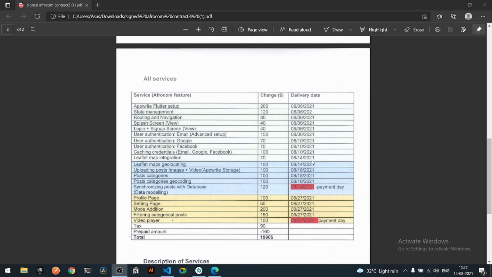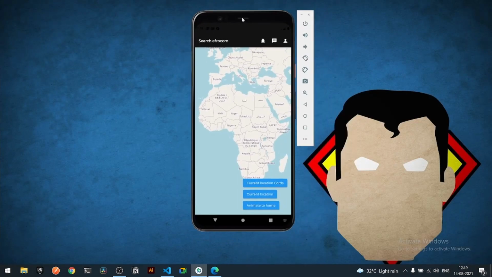So I have done the work. So let me show you the work that I have done so far. Okay, so here you can see I have got the Leaflet integration done. For the Leaflet integration, I have used the MVP pattern, that is model, view and controller, and also I have got some additional files under my build.gradle file. These things will be making the integration of our Leaflet more solid and more dynamic.